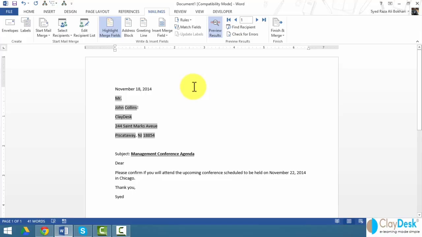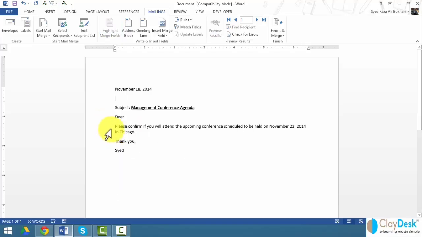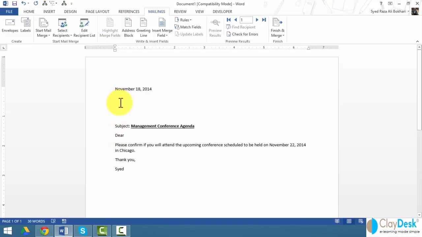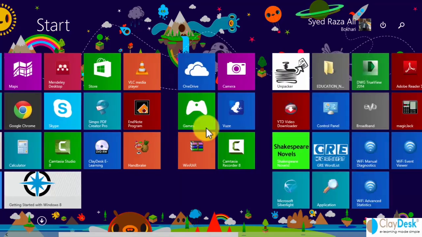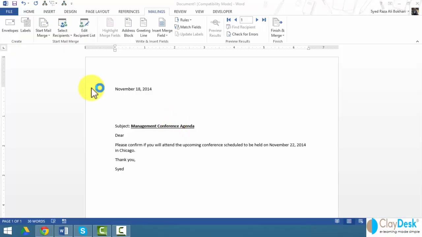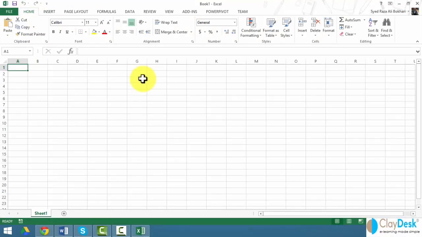Next, I'm going to show you how to create a merge with an Excel spreadsheet. I'm just going to delete the merge field here. Okay, back to square one. I'm going to open up my Excel and create a new list. I'm going to start populating, let's say, my title, and that's my first name. My last name goes in this column, my address,